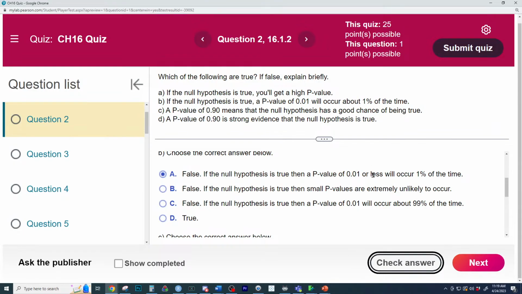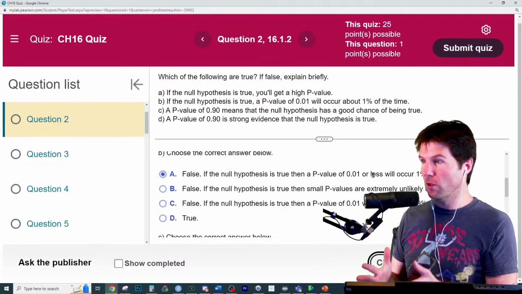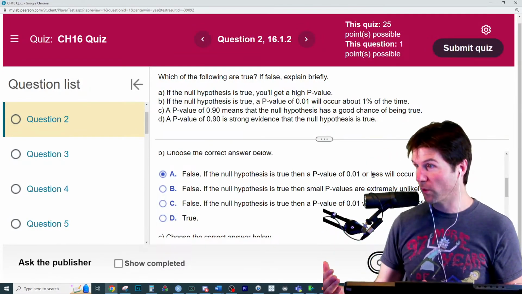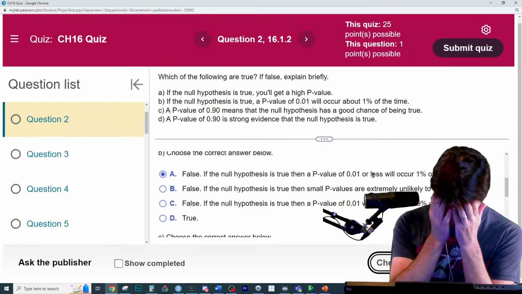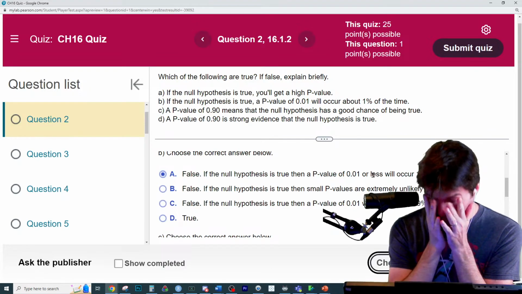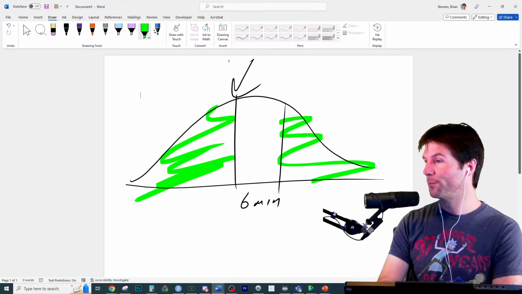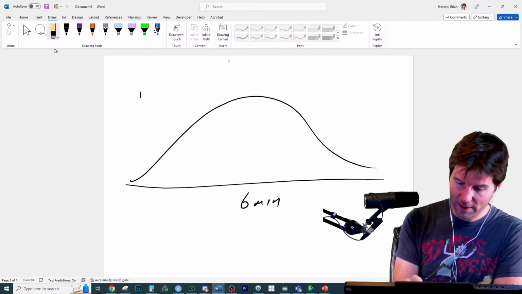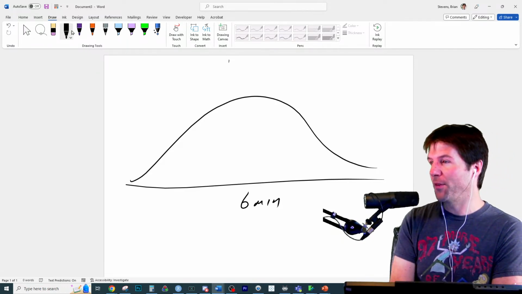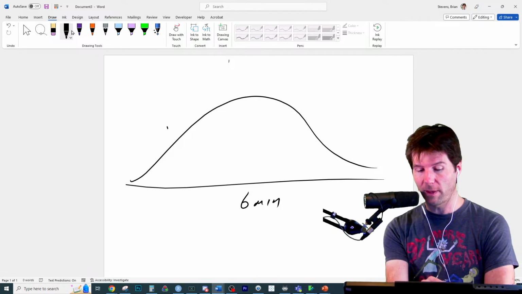If the null hypothesis is true, then a p-value of 0.01 or less. Oh my gosh. They're literally getting into the probability of our results or results more extreme part of it. So what they're pointing out here, wow, that's so particular. Sorry. I feel like people are going to learn so little from this because they're literally just going over the definition of a p-value.